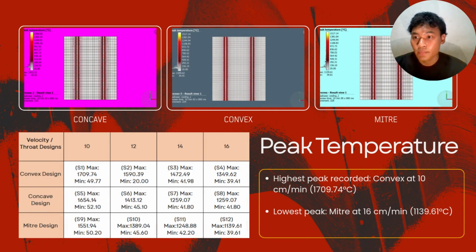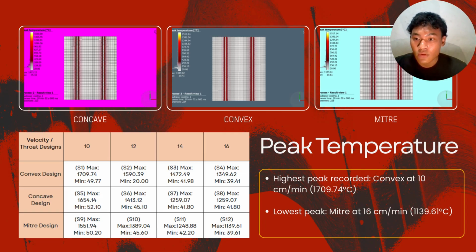Now, looking at the peak temperature within the weld zone, the values are much higher. As noted in the table, the highest peak recorded in the entire study was for the convex design at 10 cm per minute, which is S1, reaching 1709.74 Celsius. Meanwhile, the lowest peak was recorded for the mitre design at 16 cm per minute, which is S12,